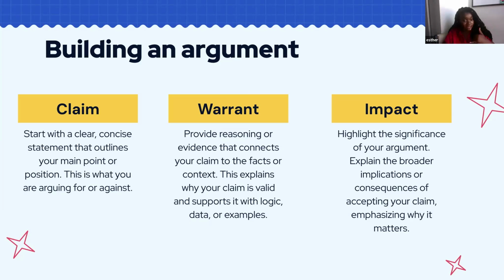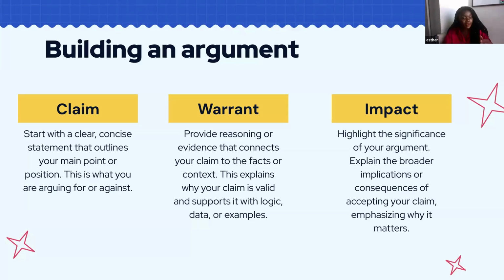This is just the basic for building an argument. Your argument should have a claim. What are you trying to say? What is the message of what you're trying to say? It should have a warrant. Why is this claim true? What makes this claim true? An impact. Why does this claim matter? What is the impact of this claim? What is the significance of this claim? Why, as the audience, should we care at all? This is just the base structure for when you're making your POI. I think it's very important to have all three of them in to properly communicate with your audience and inform